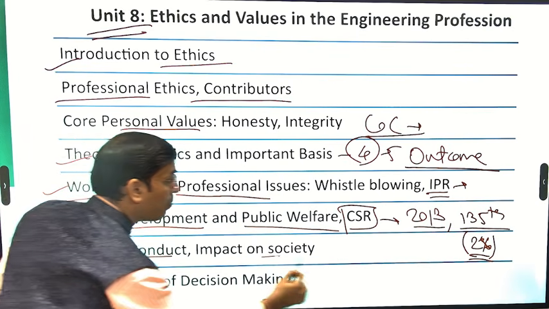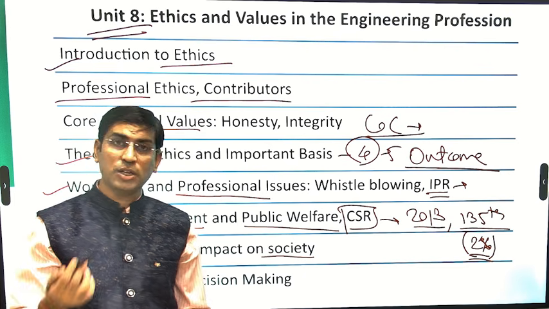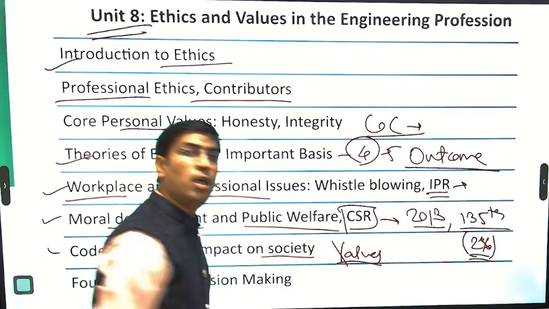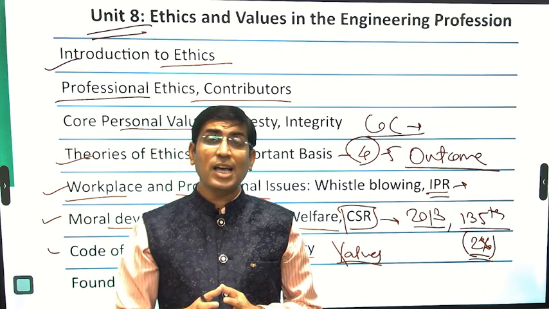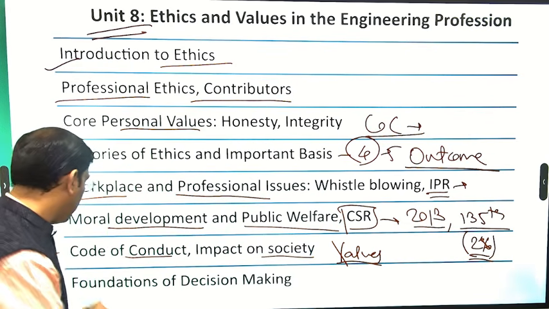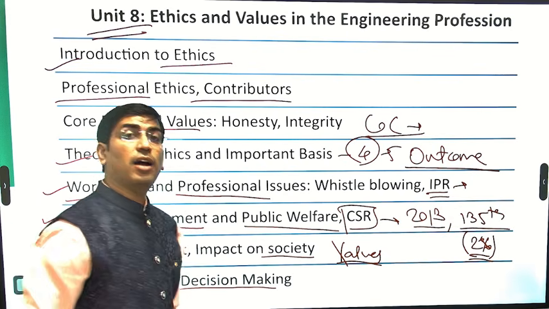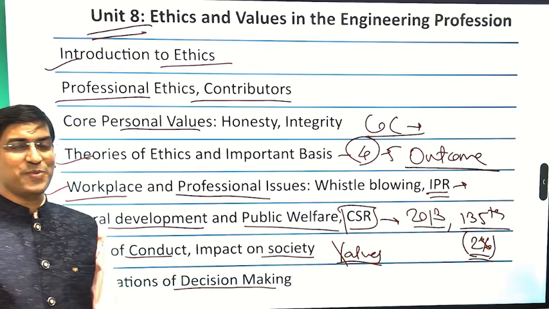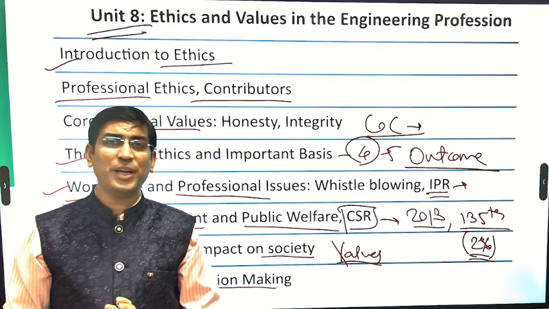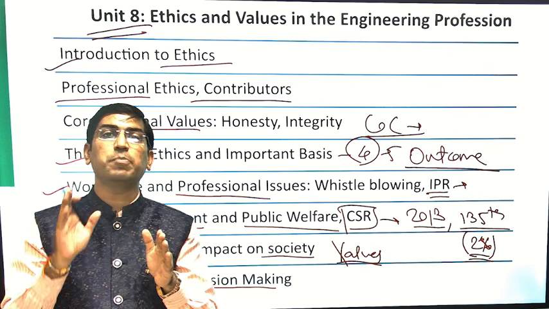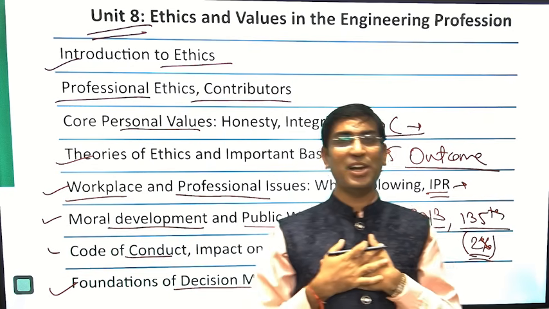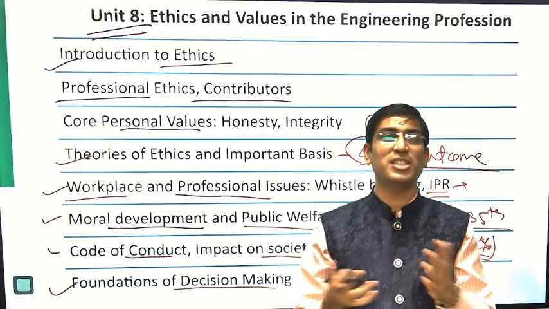Code of conduct, impact on the society, how it is present over there. Not only that, what are the core values, what could be the human values, even instrumental value, all are associated. And finally, the basic fundamental things. Because why do we require ethics? We are able to distinguish between what is good and what is bad with our approach. So these things are generally in a personalized manner.